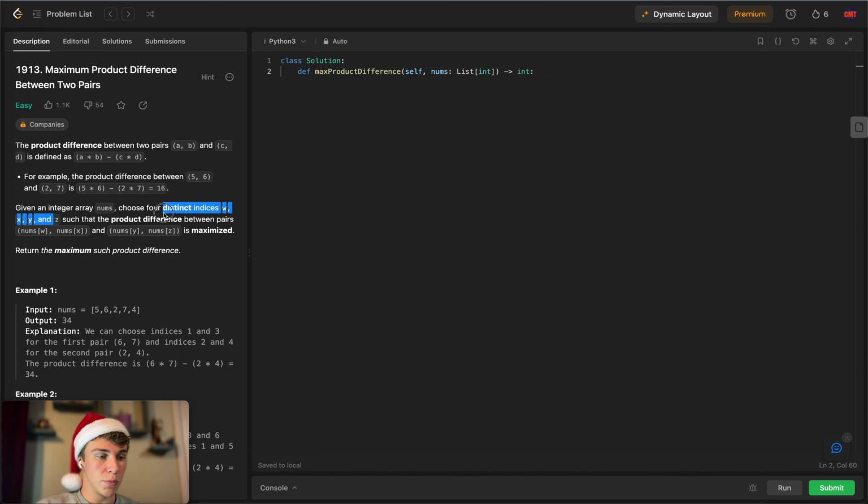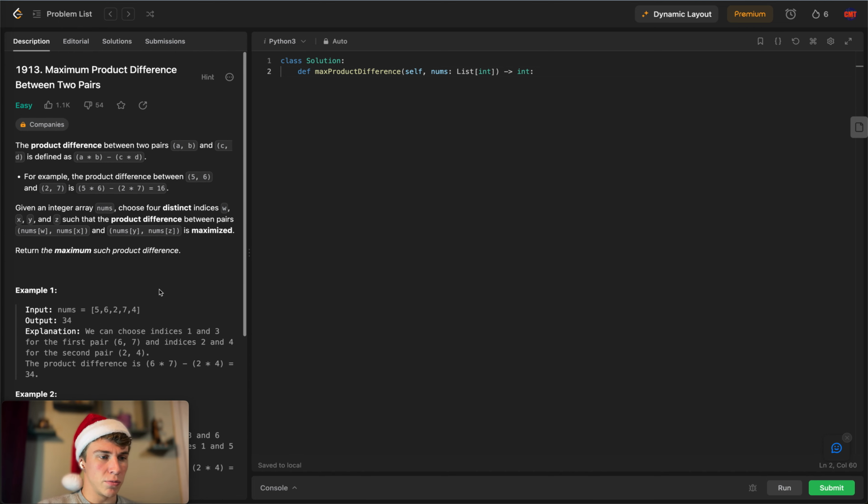Given the integer array nums, choose four distinct indices w, x, y, and z, such that the product difference between the pairs is maximized. Return the maximum such product difference. Okay, so